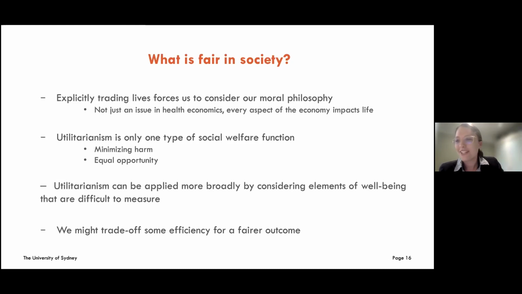So I've given utilitarianism and economics a hard time a little bit here in how resources are allocated. And I will say that there are ways you can still use this utilitarian framework to consider other elements of well-being. Health economists try to do this by quantifying people's quality of life and quantifying things that impact health so that they can be explicitly included when we're thinking about what the best thing to do is for the group.